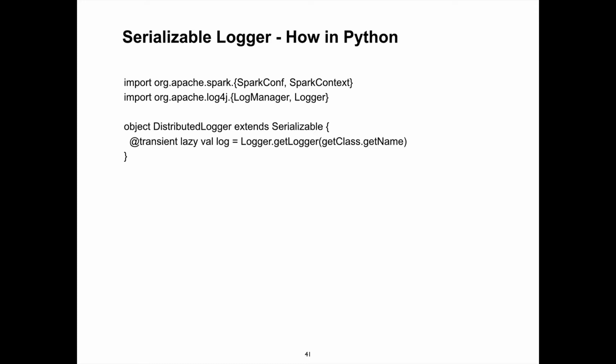And then we want it lazy because we don't want to evaluate it until it gets over there. In Scala, I've got direct access to the Java classes, and I know they're going to be available because Scala runs on top of Java. So it's just, give me the logger, and now I can call it. How do I do all this in PySpark? I have no idea.